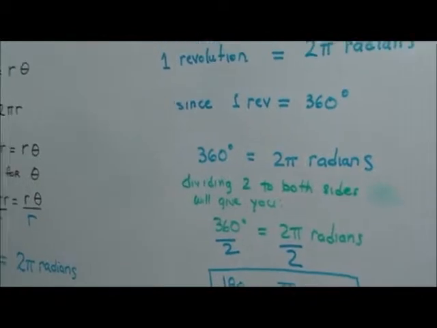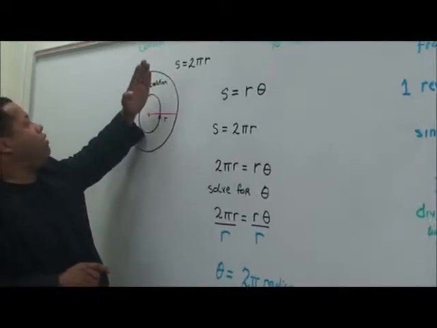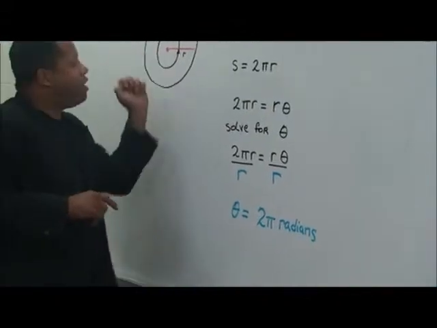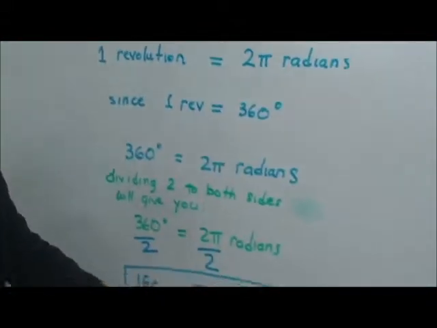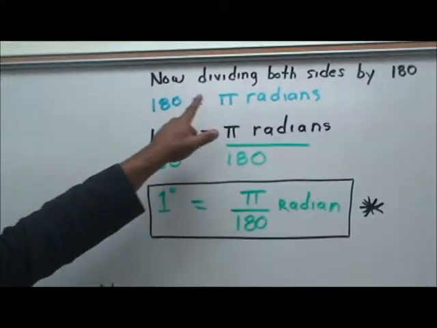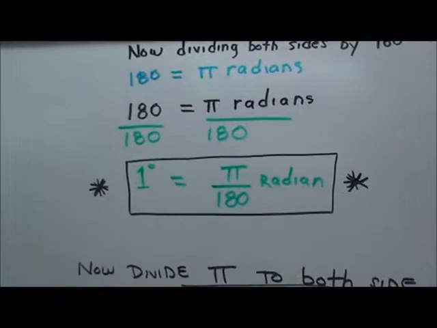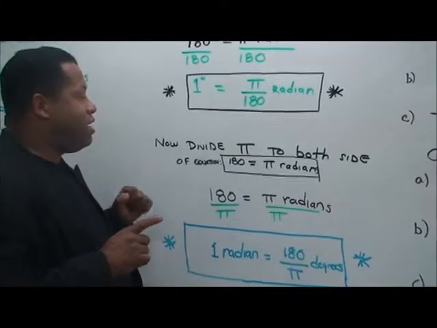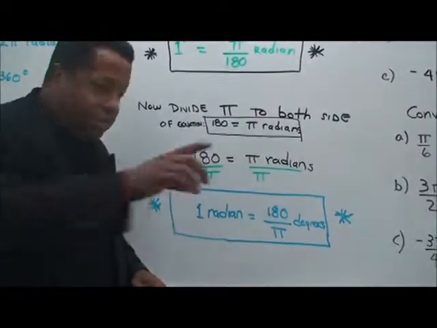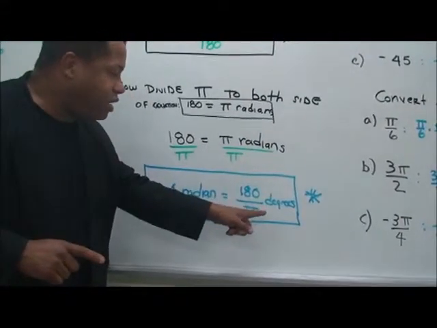Now, we'll be getting into the unit circle in the future. But if we go back here, the angle itself goes a quarter and then half. That actually 180 degrees here is pi. You see that? So 180 degrees is equal to pi radians. Taking this expression and dividing both sides by 180, we get 1 degree is equal to pi over 180 radians. Again, 180 degrees is equal to pi radians, and we divide both sides by pi, which gives us 1 radian is equal to